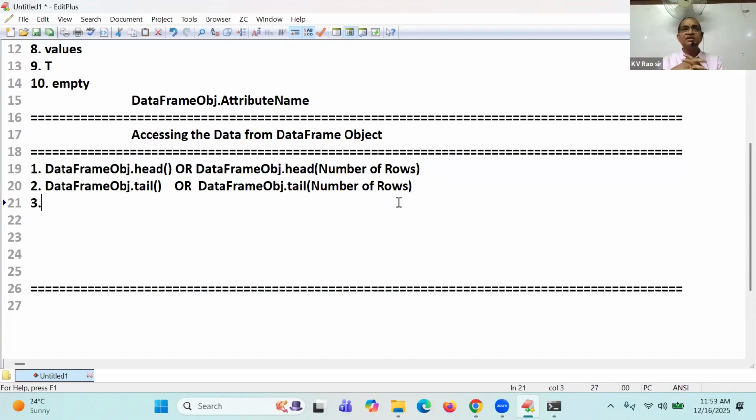But what about the middle ones? Middle ones are also important, na? Alternative elements, alternative rows I want. Half of the records I want on one side, half of the records I want on another side. For that, I'm going to apply one more concept that is available: data frame object of,